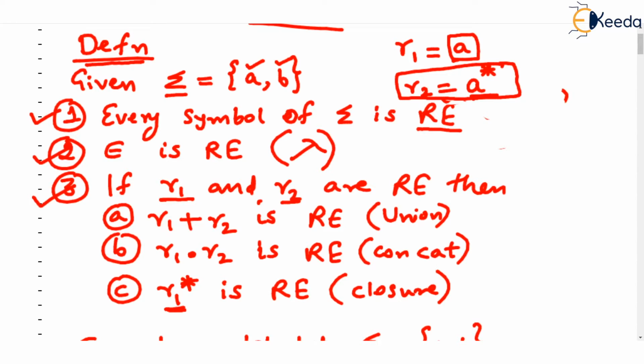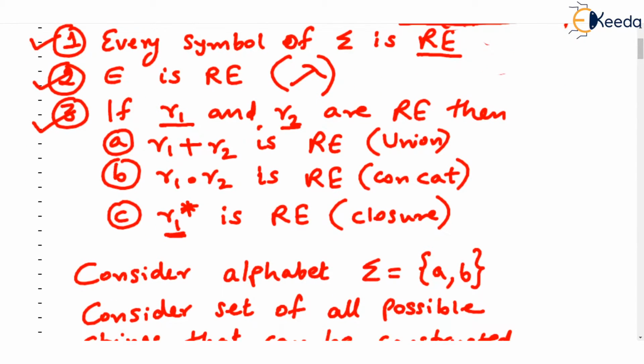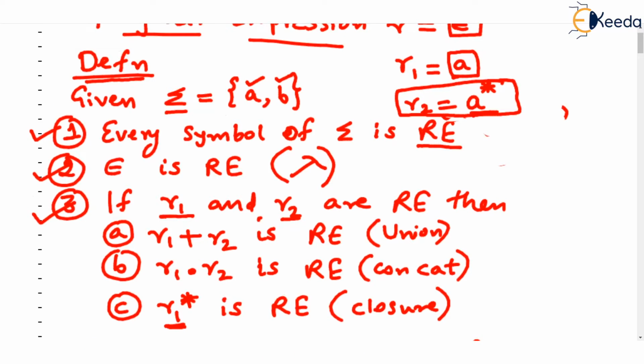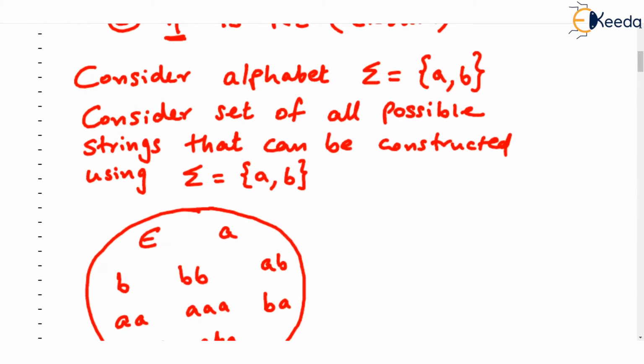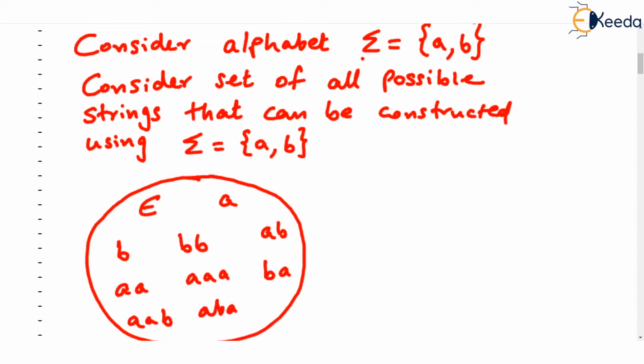You can see that if you have smaller regular expressions, you can make larger regular expressions by union, concatenate, and closure. Now, what is the meaning of all this? I'm sure you're going impatient after reading this definition. But trust me, this definition should be remembered not only till the GATE exam, but this is such an important definition. This is a recursive definition which helps us in building a larger regular expression from smaller ones. Okay, what is the meaning of all this? Let's see.